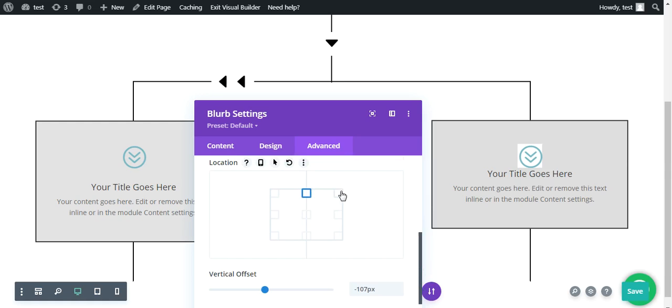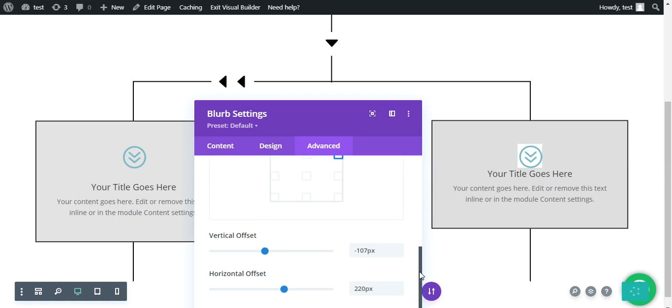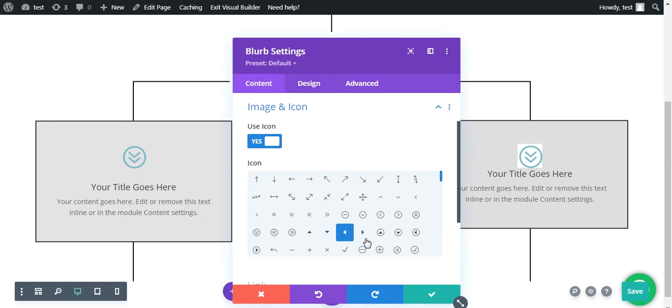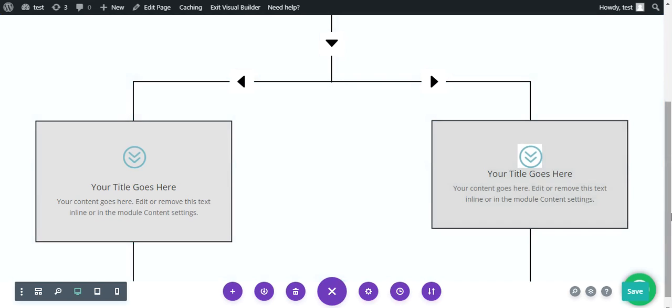Okay, we are not getting the horizontal offset. Now we got it. Now let's change the icon, and here you go, you got it, the final output.